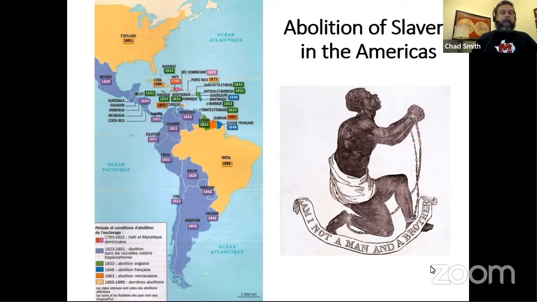In the Americas, you can see that throughout the 1800s, every state, even though this is a map in French, it's still pretty easy to recognize the names of the states, and also the numbers happen to be the same. So I still put this French map in here, even though I personally don't speak French. But you can look at this and see the timeline of states in the Americas actually eliminating slavery. Of course, the three last states were the United States of America in 1865, Cuba in 1886, and Brazil